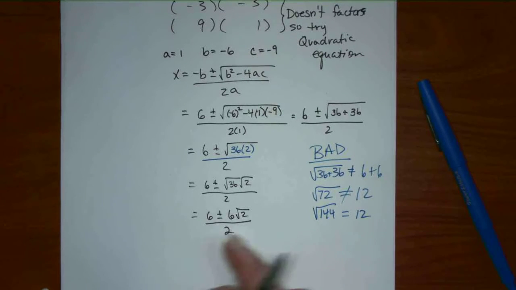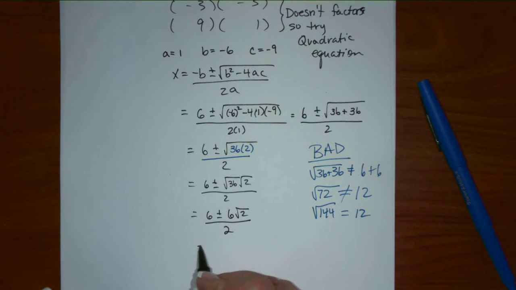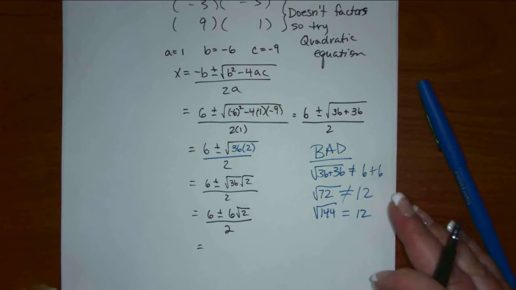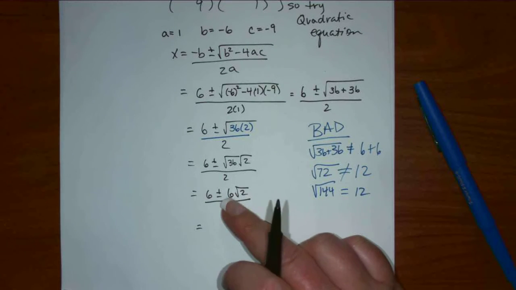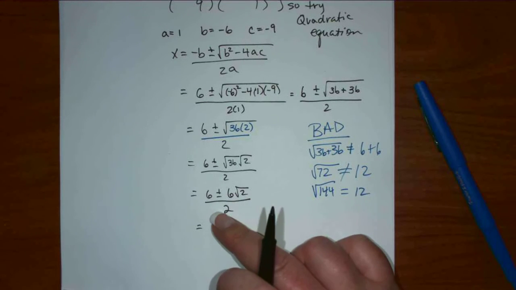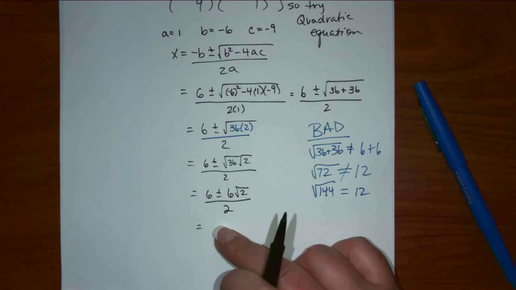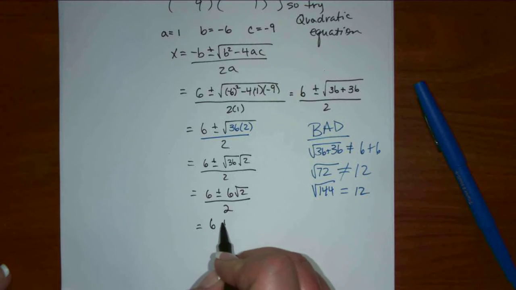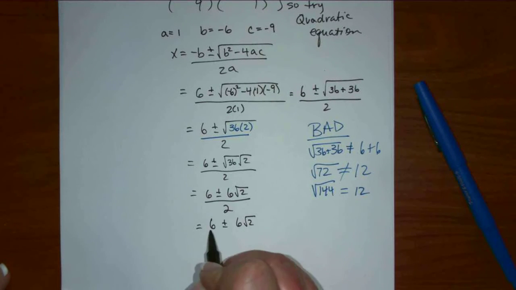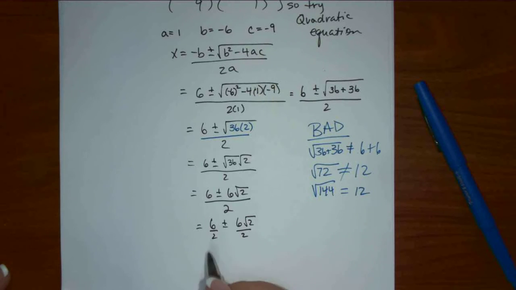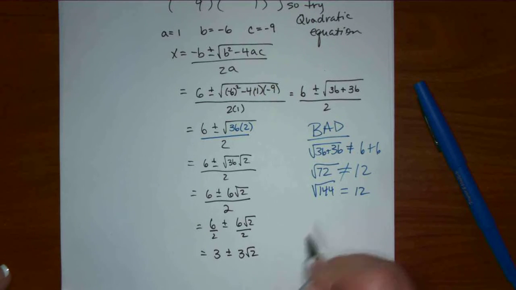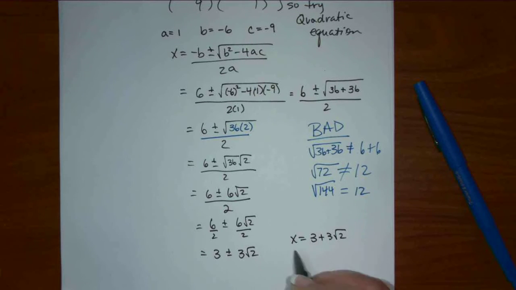Now how do we simplify these? Do you remember or no? So that 2 has to apply to both. So you can put the 2 under the 6 and then the 2 under the 6 root 2. So this would be 6. Put the 2 under each. So this will be 3 plus or minus 3 root 2. So even though we don't know the answer to this question,